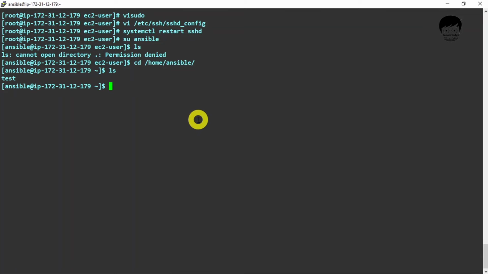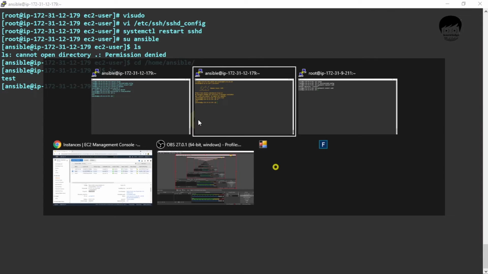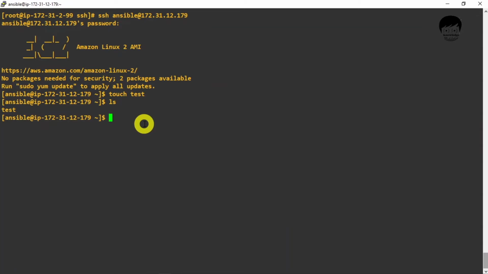So what we did is we took ssh access and connected to our server. Let's try one more thing. Suppose I have to push some packages. Every time I connect with ssh, do I have to establish a connection and enter a password, or will it take the password directly? Let's check. I will exit from this server, and you can see I am logged out of node 1. 179 is node 1's IP. Connection closed. And this is our Ansible server, 99.